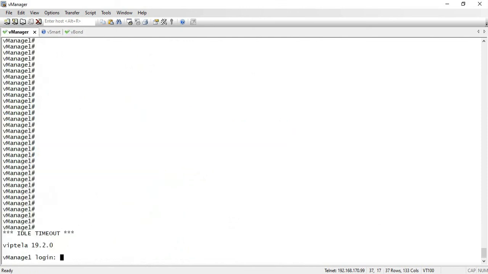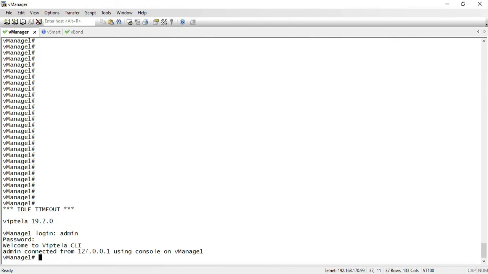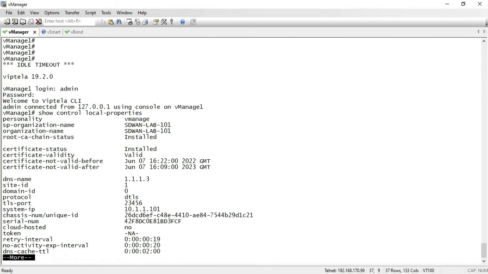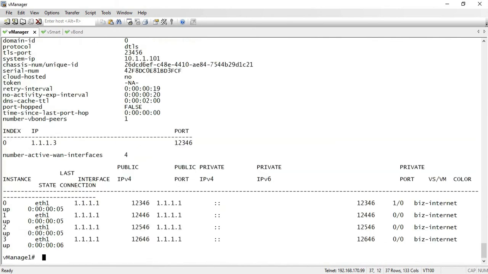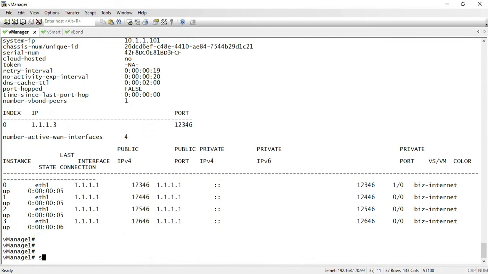Let me check the same for the bmanage. So control local properties. You can see certificate status is installed. Okay, let me check the control connection.